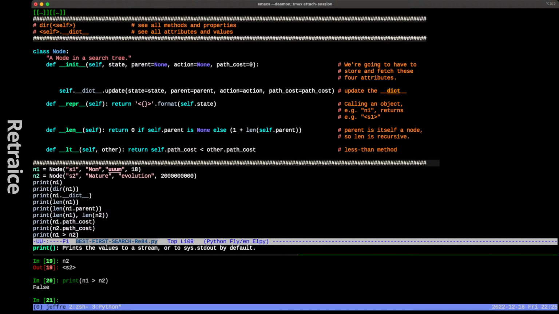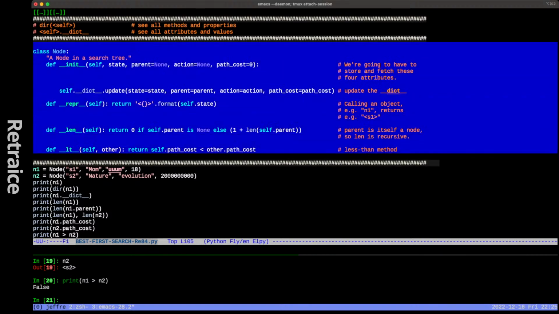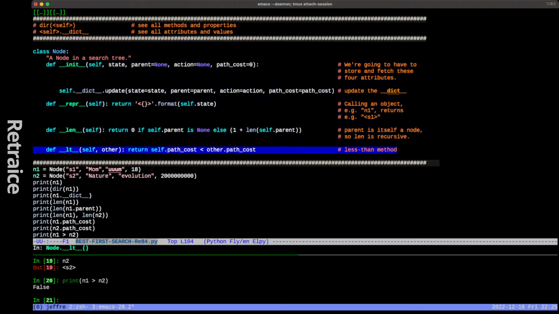So I'm asking IPython to compare these two using the greater than operator, and less than works the same way. And this suite is telling Python what to compare. An instance of this node is a big complicated thing. If I just say, is N1 greater than N2, what greater than it is, the total number of characters or the space it takes up in memory? No. We're defining this magic method to take the thing itself, and then the other,